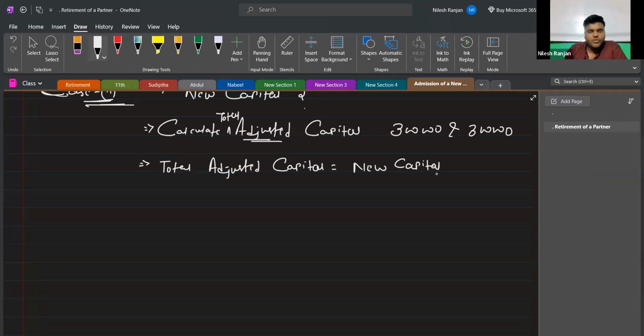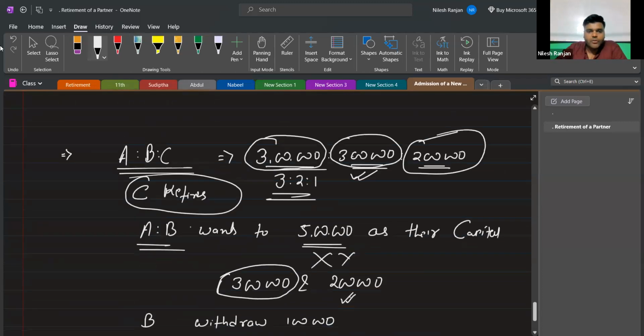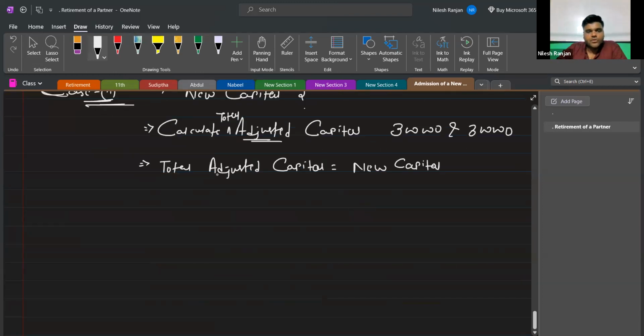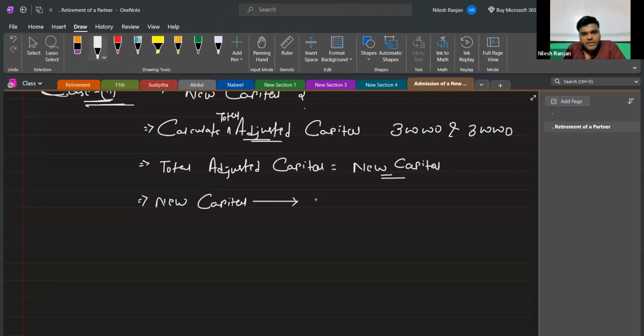You told me that 3 lakh and 3 lakh will become the new capital. So the total adjusted capital of the remaining partners will become the new capital of the firm. After calculation of this new capital, what you have to do is distribute it. So the new capital will be distributed